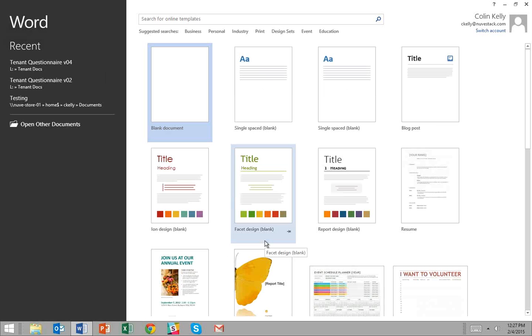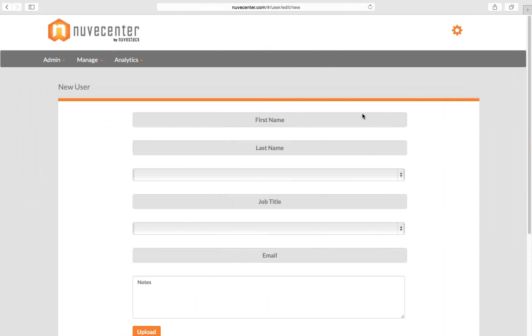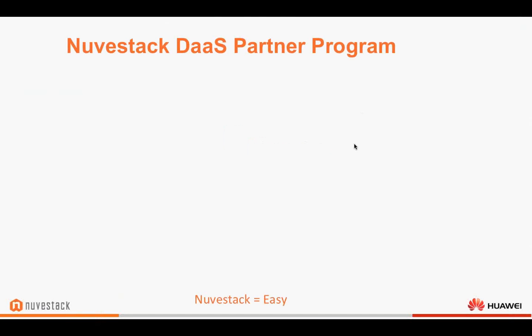We typically will pre-install Office 2013, and it's licensed through the SPLA program. So our customers can just pay for Office for the months they want to use Office. They don't have to pay for Office for the months they don't want to use Office. So that's pretty much the demo. We can go into more detail later if anyone has any questions. Let's jump back into our slide deck.